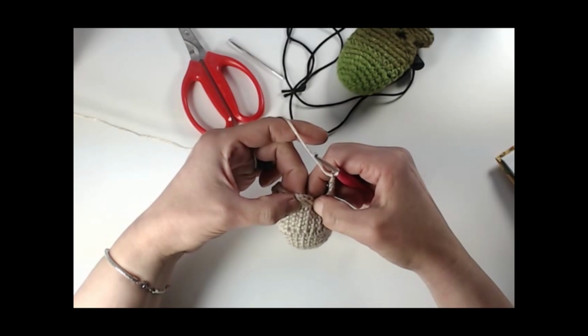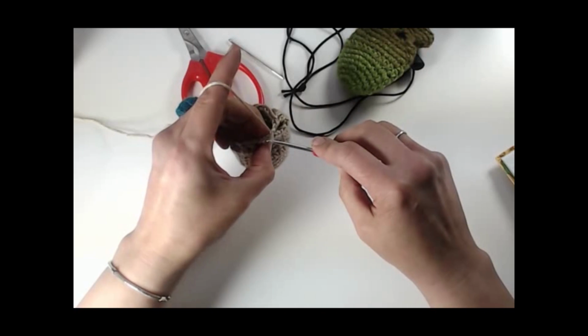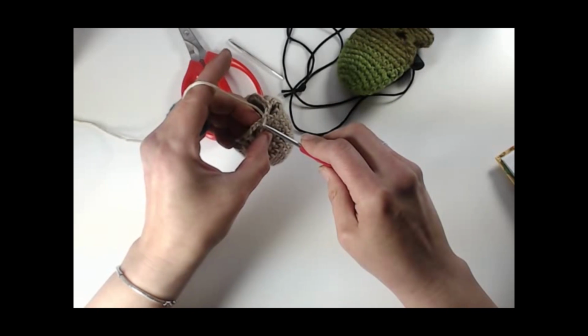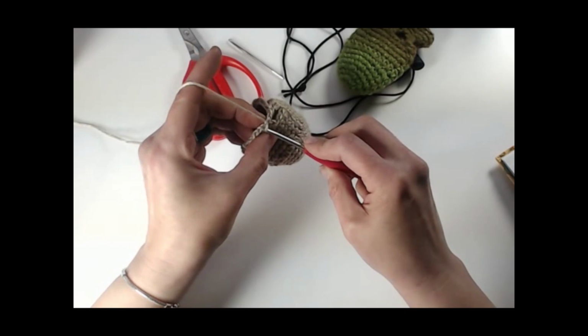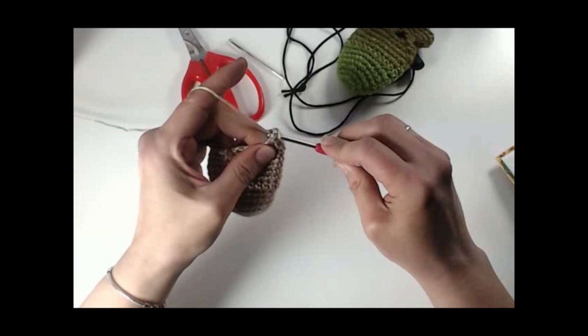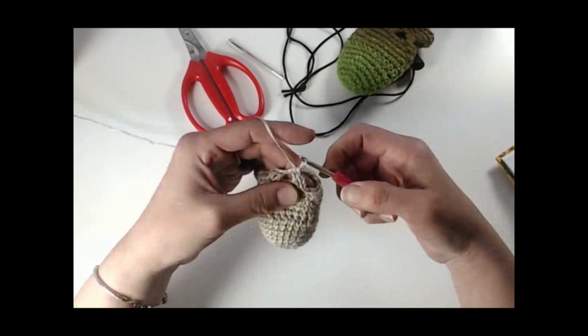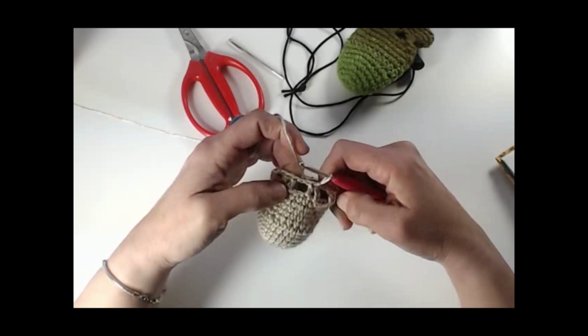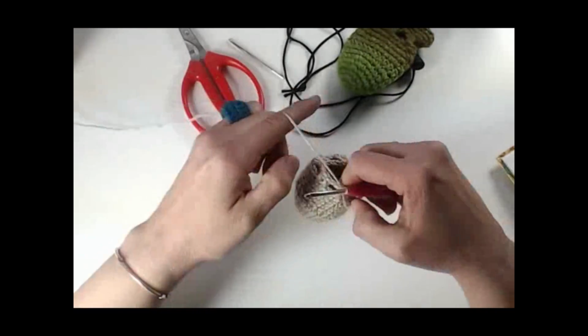over here, and we've got to see this chain 3. So right at the top into that first double crochet, we're going to slip stitch into that. Okay, so we slip stitched into the top of that. So now we've got,